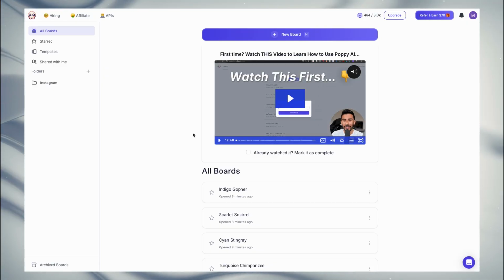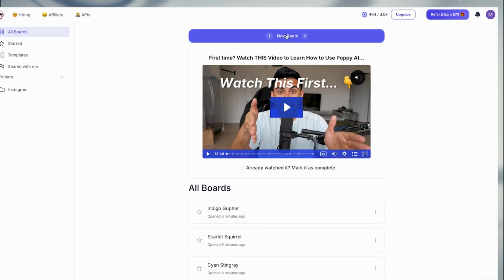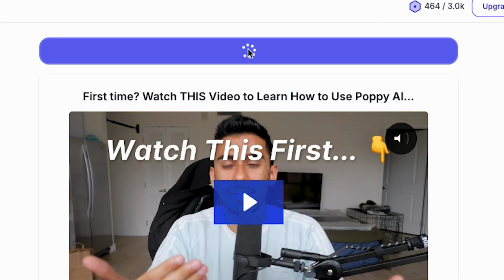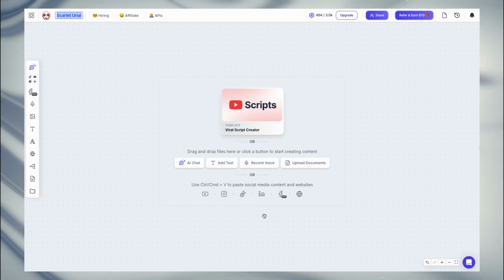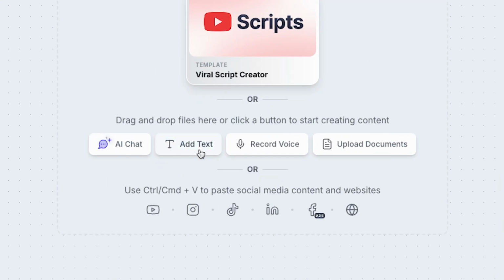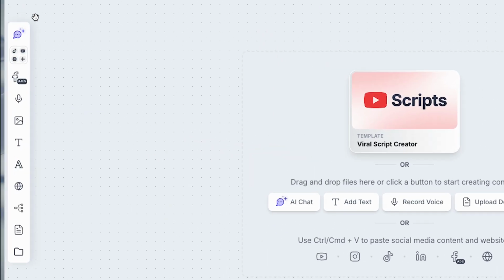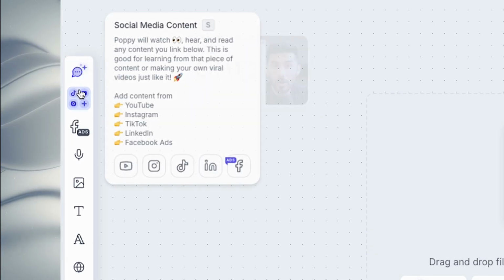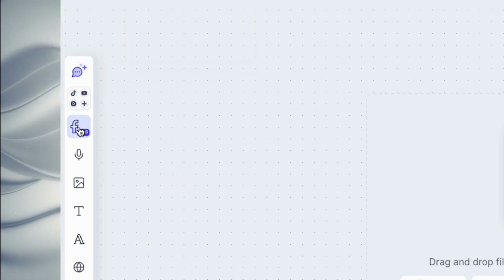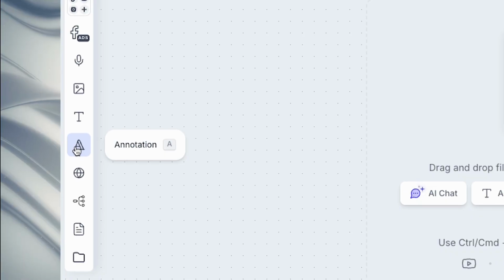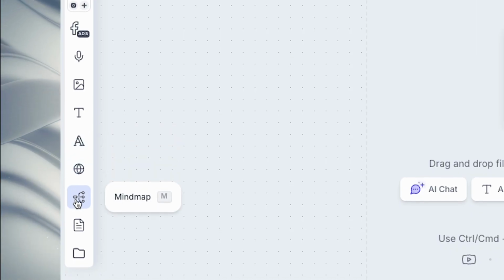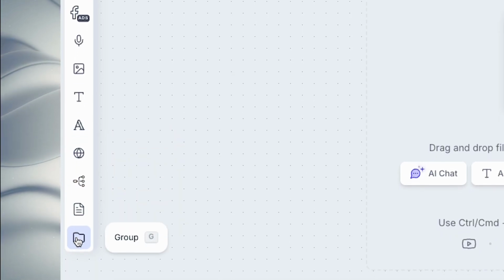First things first, once you've signed up, you'll land on this page and you want to go ahead and select the new board button to get started. Once you've done that, you'll land on this blank canvas and there's a couple of different options here. You'll see there's this button called AI chat. You can add text, record voice, upload documents. And then on the left-hand side, there's, again, this button for AI chat. You can add any type of social media content, Instagram, TikTok. You can add a voice memo, images, text, annotations, website, and this thing called group